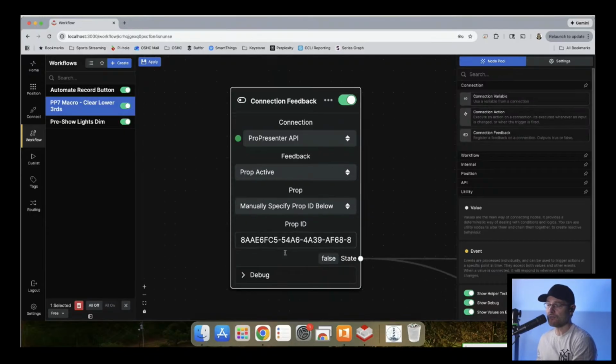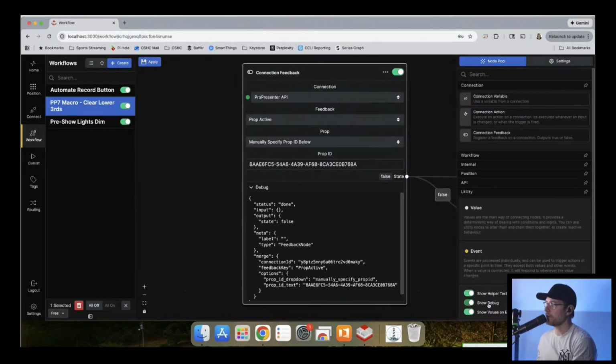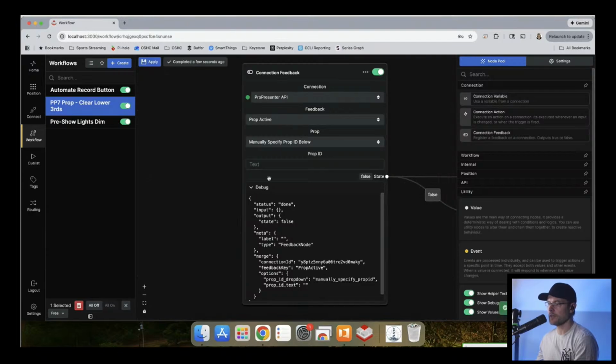Now, a really helpful tool here is the debug option. You can enable it here at the bottom of the screen, which is kind of behind my face. But here it says show debug. You want to drop the debug down, and this will tell you a lot of information. All right, so I'm going to copy this real quick and just remove this, and hit apply.